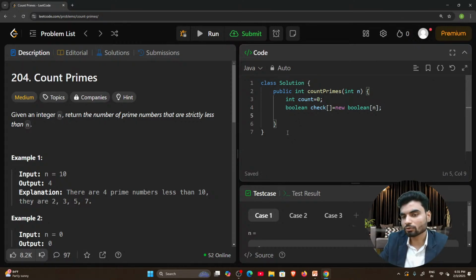Now we want to fill all the values with true. How can you fill? Either you can apply a loop or you can use the Arrays.fill method, which updates all the values of the array. The array name is check, and what I want to fill everywhere is true.